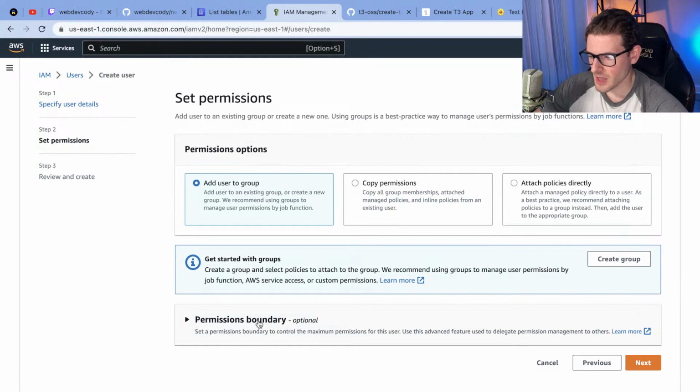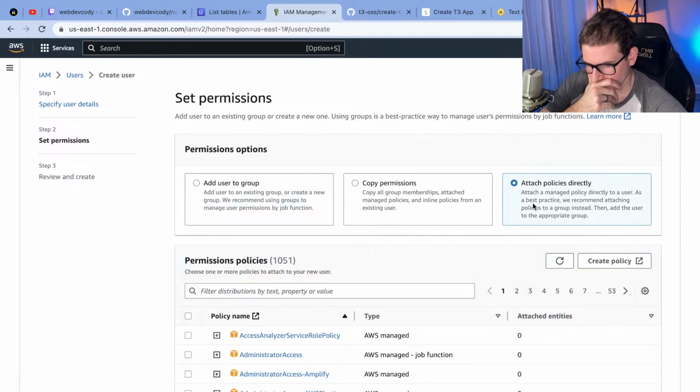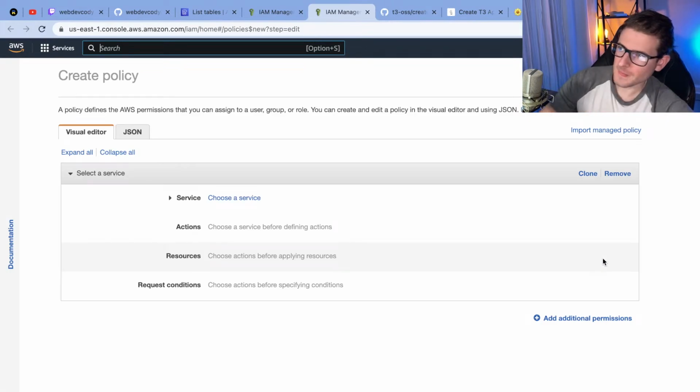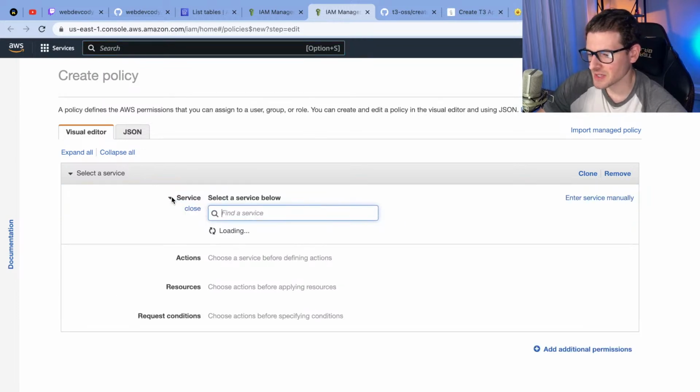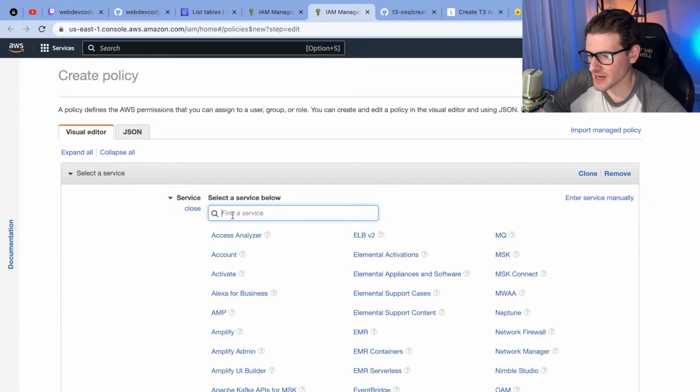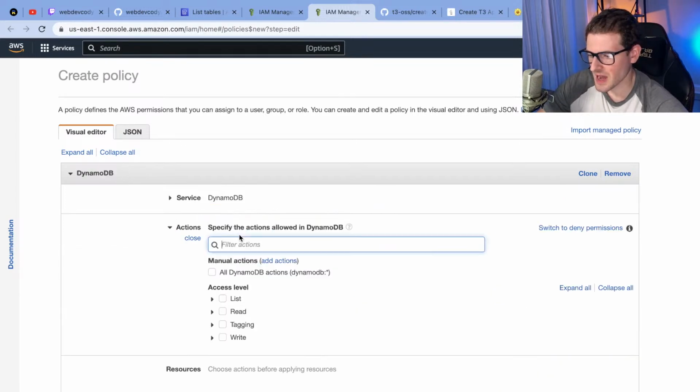That's going to be our user. I'm going to create a policy. What we want is an AWS secret access key and ID that you can use to give your scripts access to different resources.